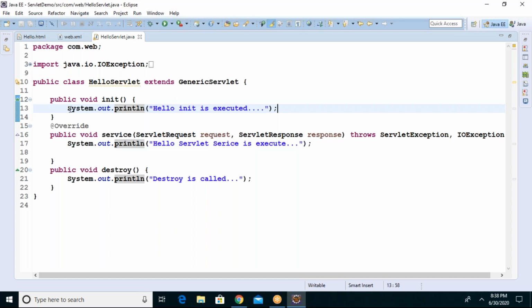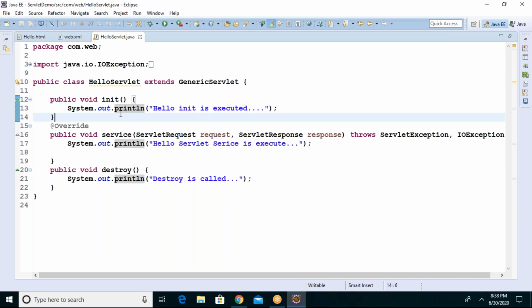And you know that every web application's response comes to the browser, not to the console. We should be able to see the output in the browser, not in the console, guys. So if you want to see the output in the browser, how to show it in the browser, that is another question.